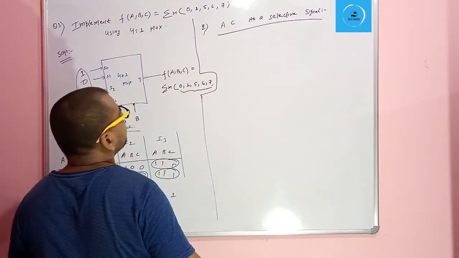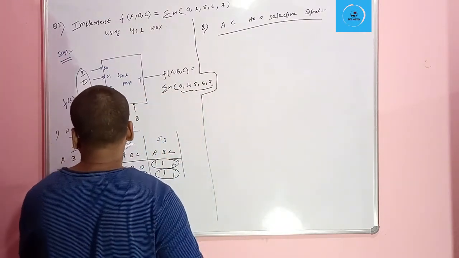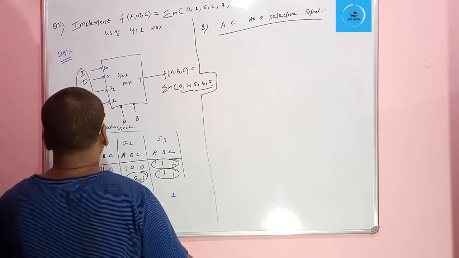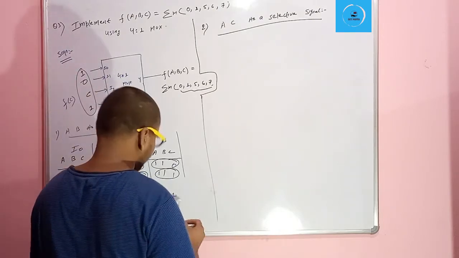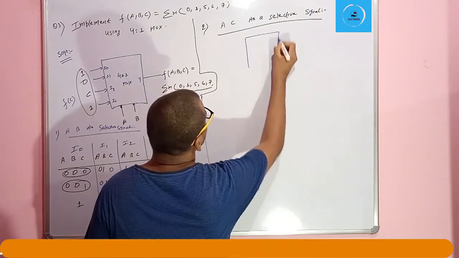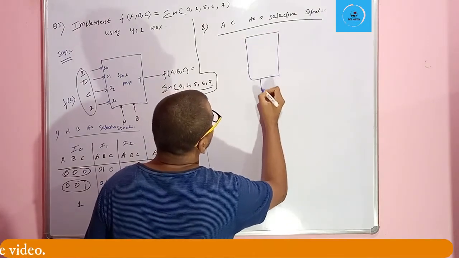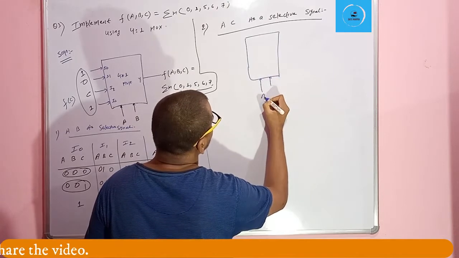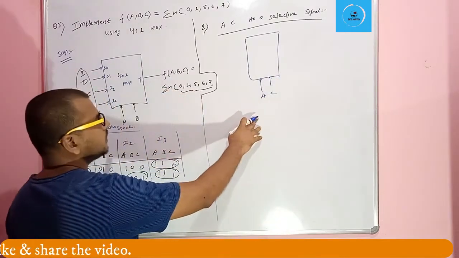If we are going to select A and C, then how are we going to get the output? If we select this A and C, then here